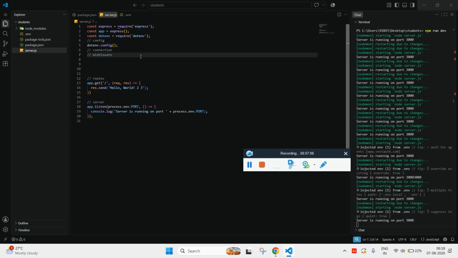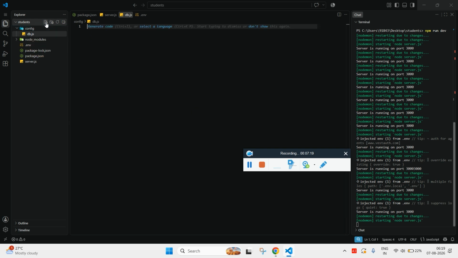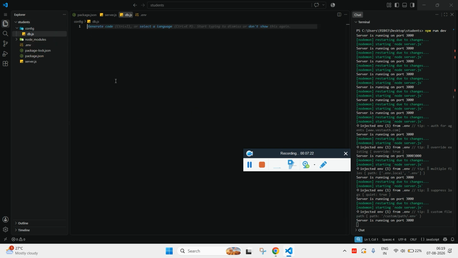The next thing, we will look for the database connection. When we talk about MVC pattern, we need to focus on one thing. We need to create a new folder, and this folder will have database connection related code. And here what I will have is, whenever we are going to connect our application with the MongoDB, what we have to do is we have to connect or talk to Mongoose. So to talk to Mongoose, we need the package to get called on this particular page. So let's call the package